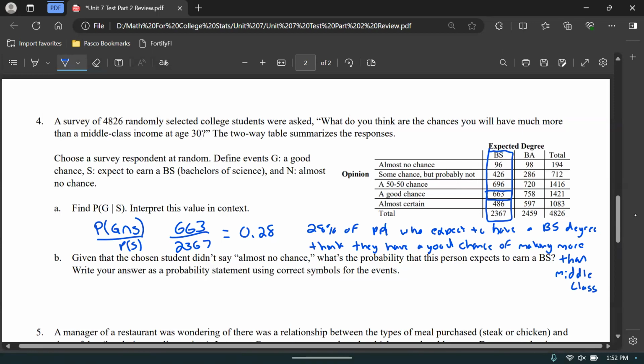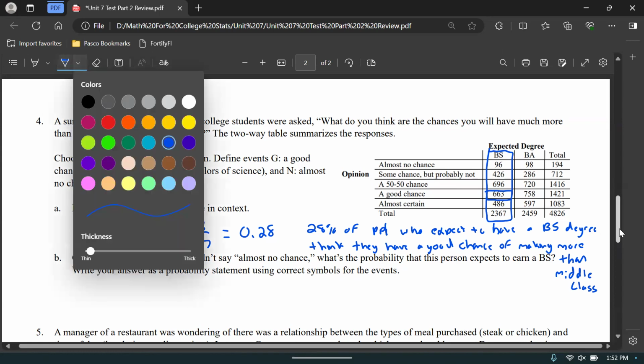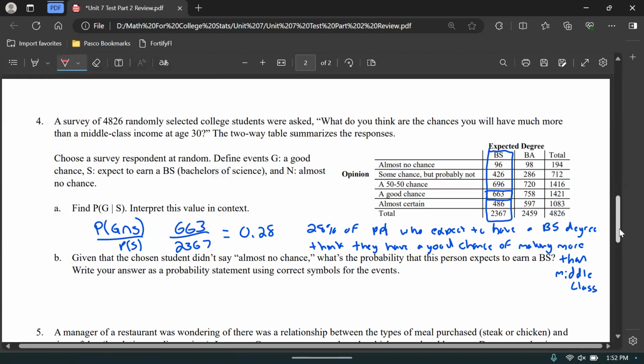All right. Kind of runs into B a little bit. Given that the chosen student didn't say almost no chance, what's the probability that this person expects to earn a BS, a Bachelor of Science? Write your answer as a probability statement using correct symbols and notation. So, given they didn't say almost no chance, so given it's any of these other people,